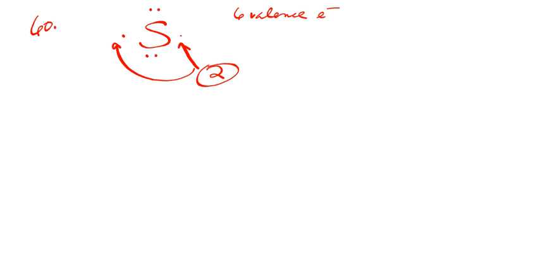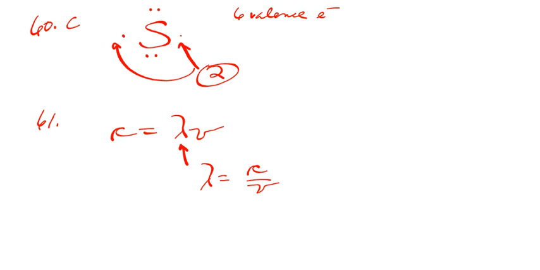What is the wavelength of an electromagnetic wave that travels at 3 times 10 to the 8th meters per second and has a frequency of 60 megahertz? Here's my formula. I want to solve for wavelength. I'm going to rearrange this so I get wavelength is equal to c over nu. Wavelength is going to be equal to 3 times 10 to the 8th meters per second, divided by